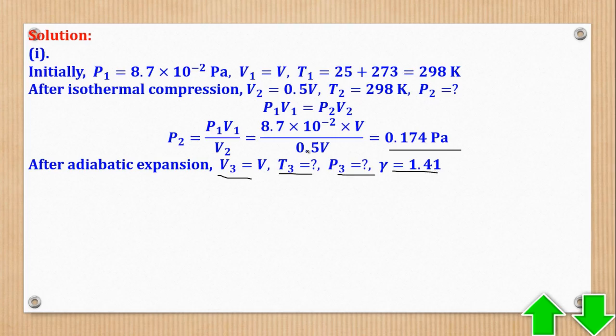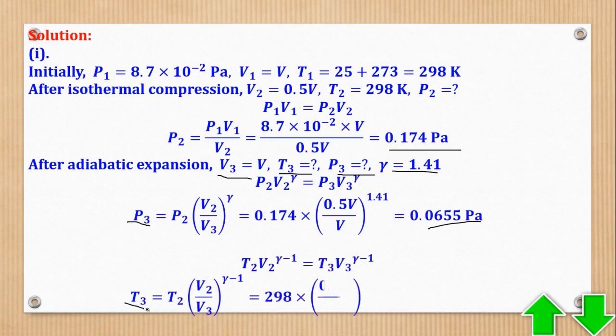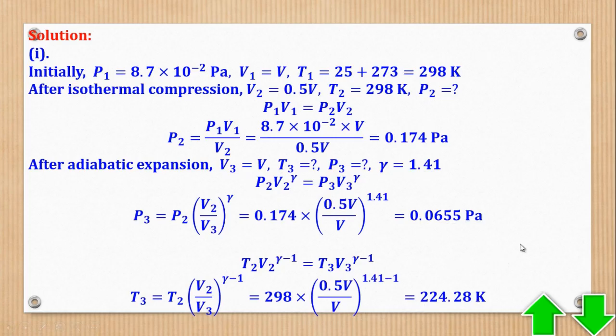Then after adiabatic expansion, V3 is now that original volume, T3 we don't know, P3 we don't know, and the ratio we know. So you come use PV and then substitute to get the value of P3, which should be that. Then for temperature, we shall use T and V and then substitute to get the value of T3, which will be that. And that's what they wanted in Roman 1. Then for Roman 2,